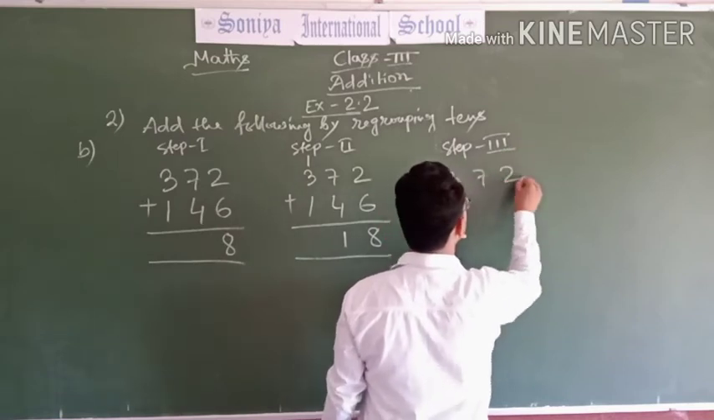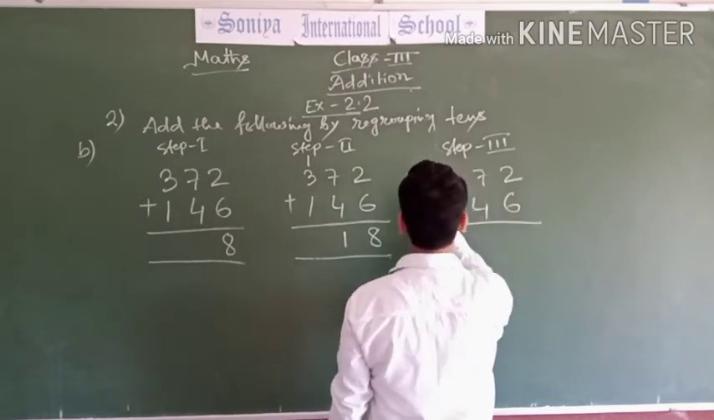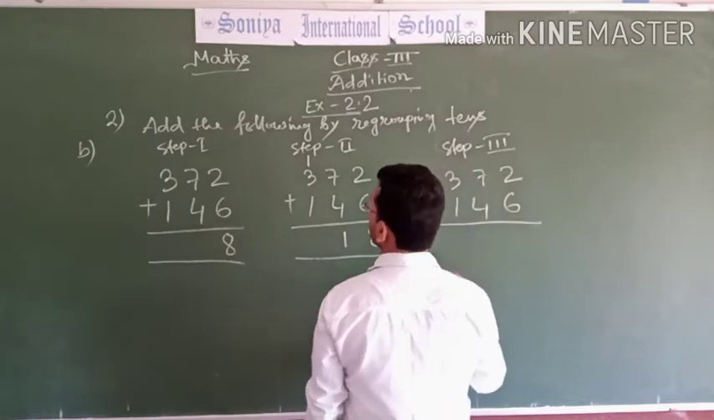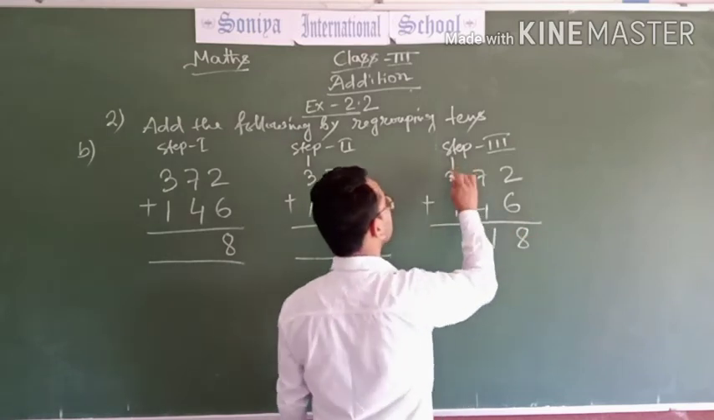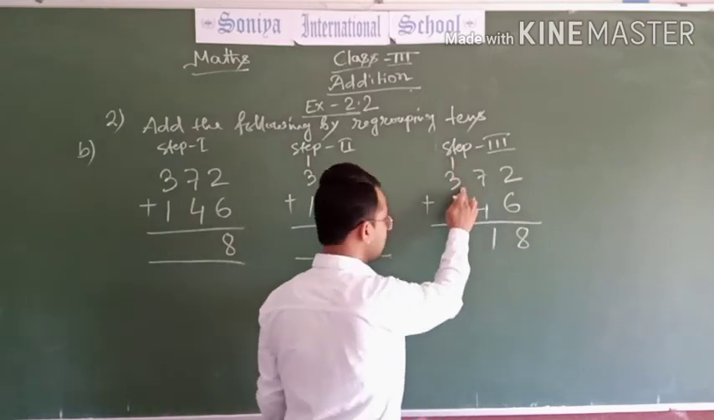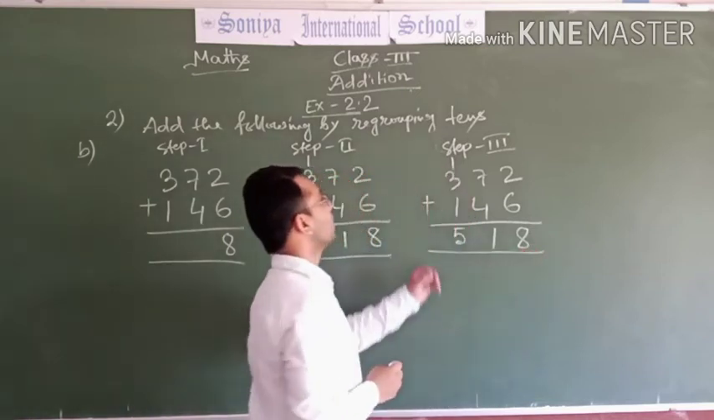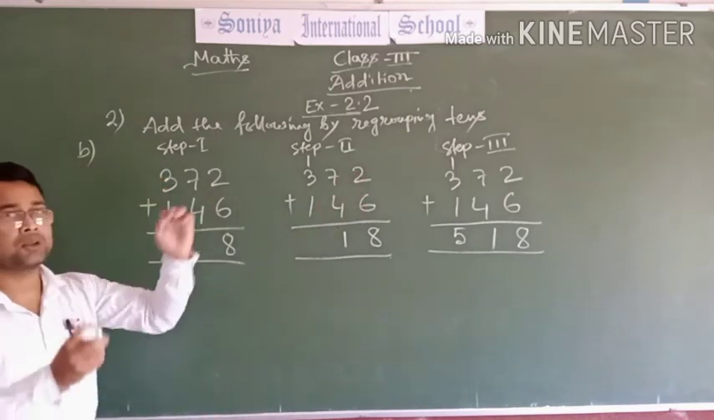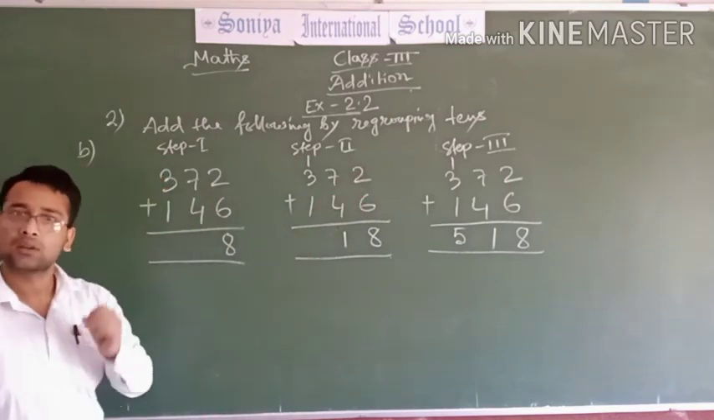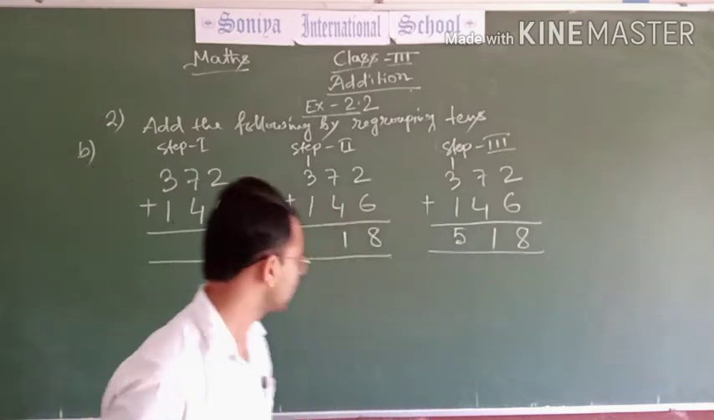3, 7, 2, 1, 4, 6. We got from the first and second step here 8, and here 1 and there 1. 3 and 1, 4 and 1, 5. So in step 3, add all the hundreds place numbers. Done? So I hope you understood. Now the next one is